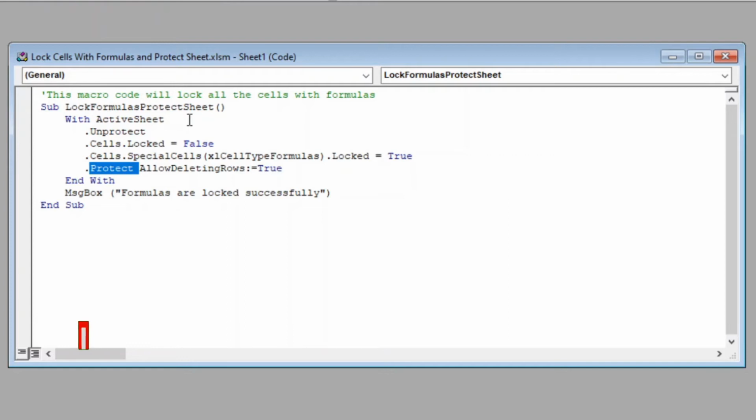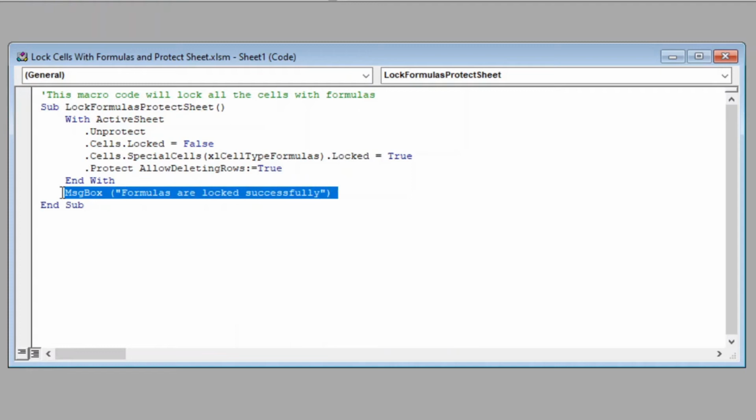In the final statement, we have protected the active sheet and also restricted deleting rows. Then we have closed the object expression with End With. With the end of this line, we have finished writing our code. This line here will give us a message when the code is successfully executed, indicating the end of the code execution. And finally, we close our procedure with End Sub.